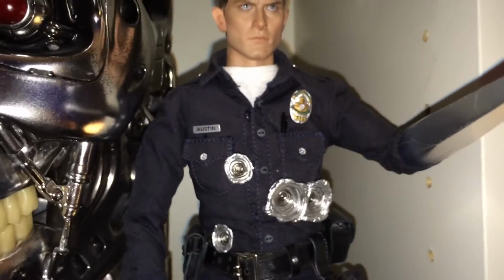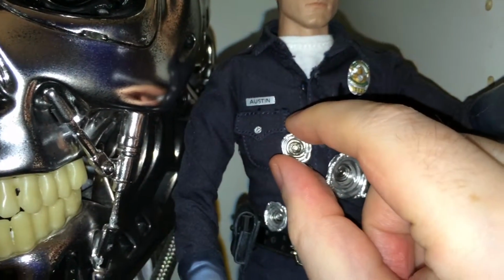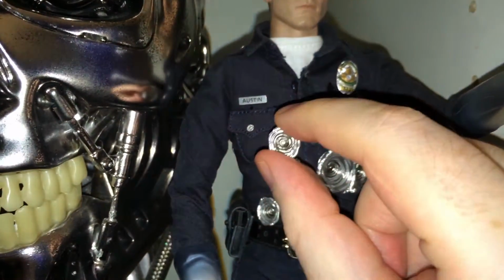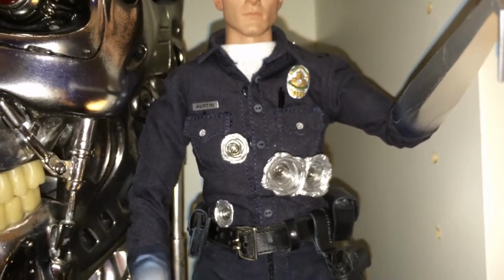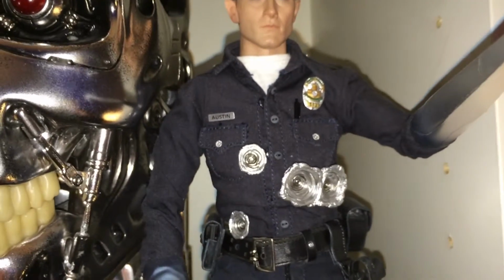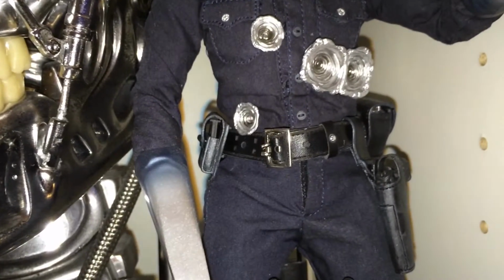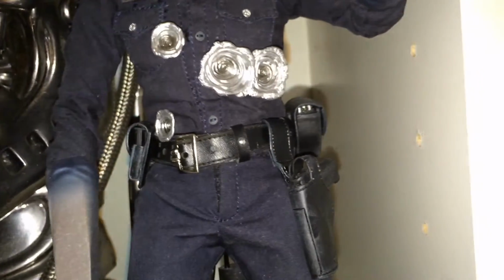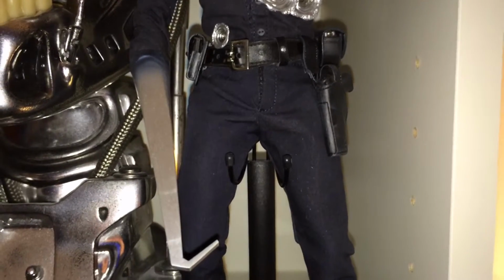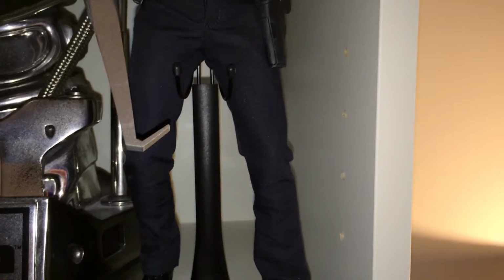Also, these things where they replicate, let's do this through the camera, bullet holes come off. There's a magnet under his chest, so you can replicate those bullet wounds that they're firing at him in pretty much that scene as well when he's running after him in the car. His utility belt, that's a gun clip on the left, and then you have his gun. If you see right behind the gun, you have his handcuffs, and then you have his legs, which nothing much really happens there, but, like I said, you can put them into different postures. So